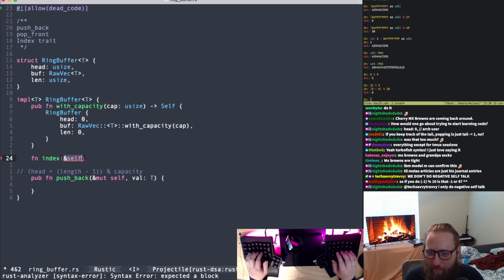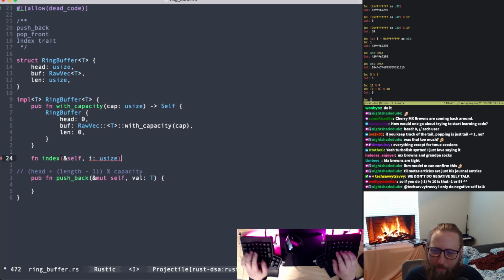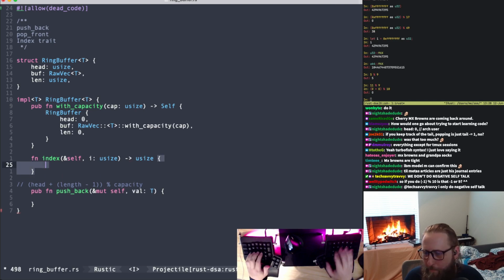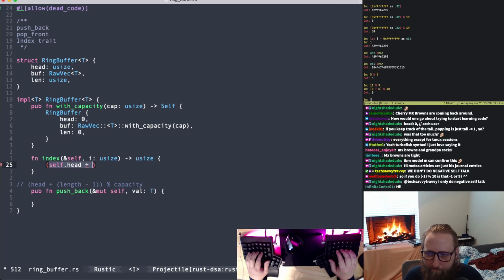It's going to take a reference to self and the index that we want, and it's going to return an index. And that's where we're going to put this little thing where we say self.head plus